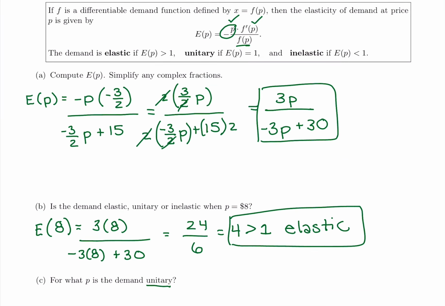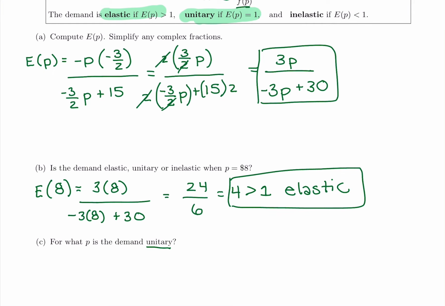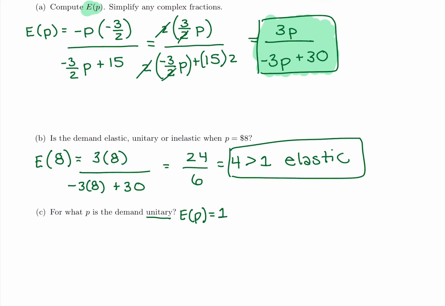Looking at this interpretation box, bigger than 1 is elastic. Unitary means equal to 1. So I want to make E of P equal to 1 and see what price we'd have to set our commodity at in order for that demand to be unitary. So I'm going to take E of P from the first part, right? We found that in part A up here. And I'm going to set that equal to 1. So I have 3P over negative 3P plus 30. We're going to set that equal to 1